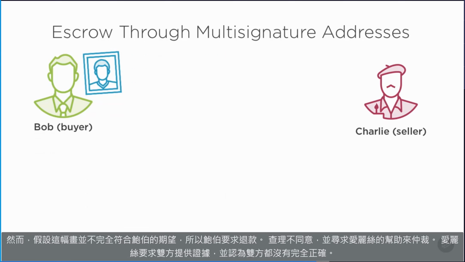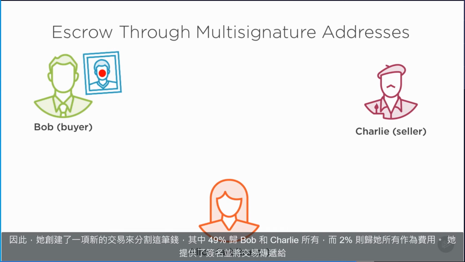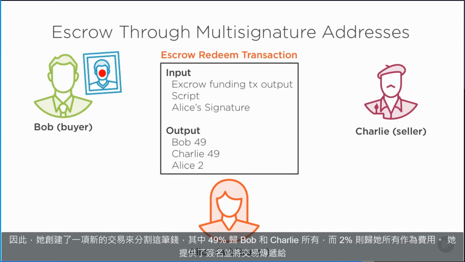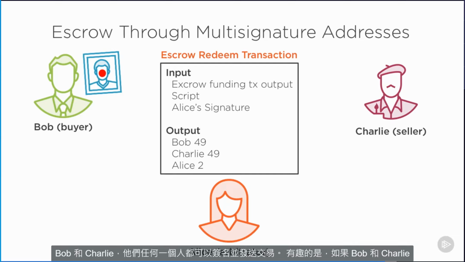Suppose, however, the painting wasn't exactly what Bob hoped it would be, so Bob asks for a refund. Charlie disagrees and enlists the help of Alice to arbitrate. Alice requests evidence from both sides and decides that neither party is completely right, so she creates a new transaction splitting the money, 49% to both Bob and Charlie, and 2% to her as a fee. She provides her signature and passes the transaction on to Bob and Charlie,